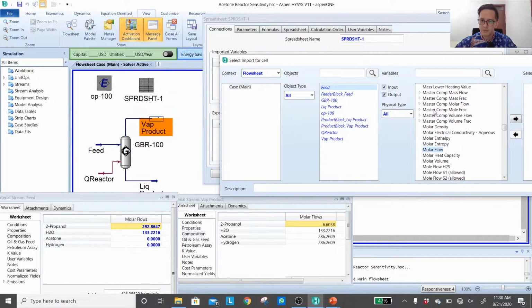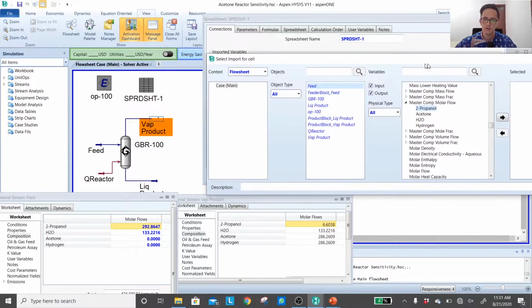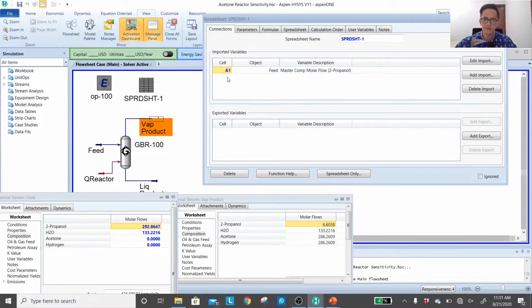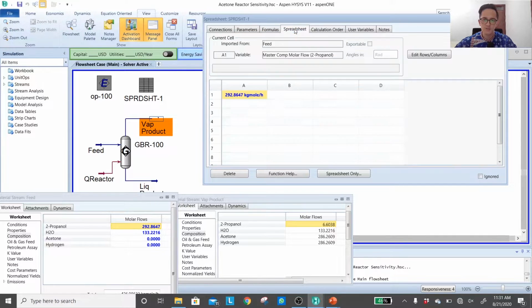In that case, you go to the master component flow, use the propanol. Okay, right arrow, done. The number will be sent to cell A1. Okay, you can check the number.